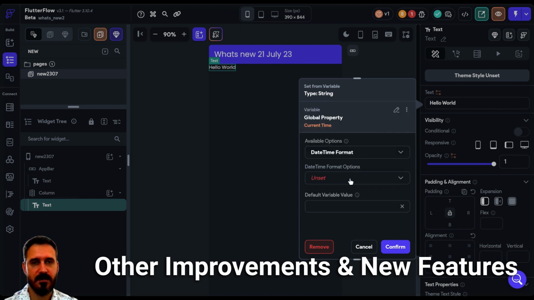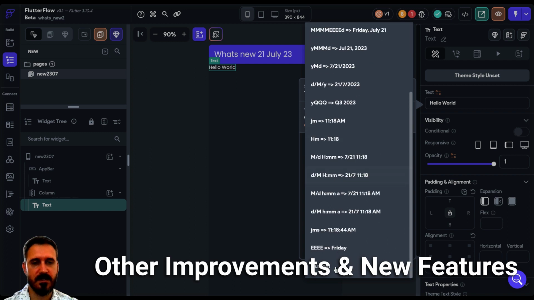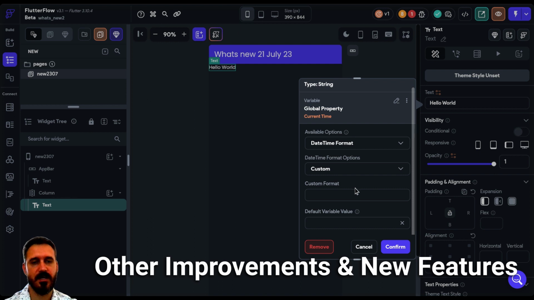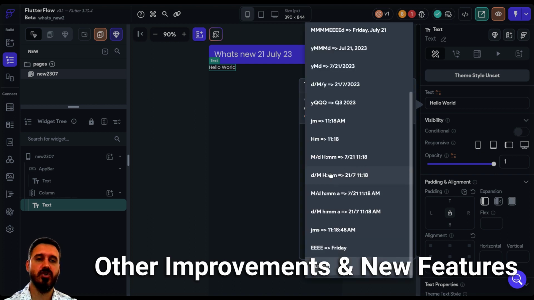So datetime format, and yeah, we have this custom format right now, and you can actually write your custom format. Of course, it should be related to the official format. So, for example,